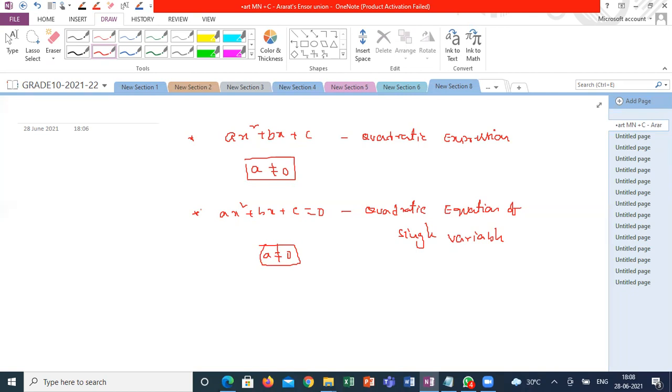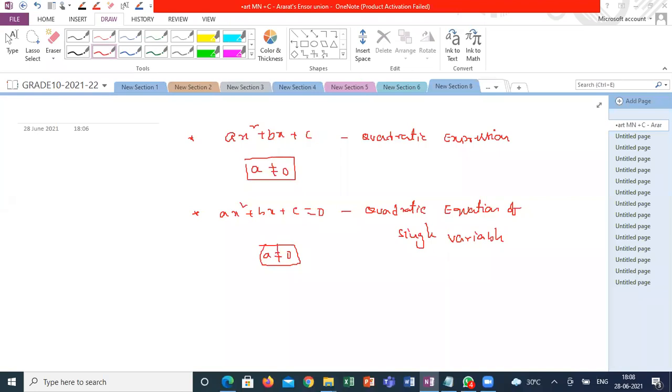Does anyone have any experience in physics or in some other places with the formation of quadratic equations in your plus 2, in grade 9 or grade 8? Has anyone faced these equations, or where solving this equation is the only way to get the answer? Guys, in mensuration, you never faced this kind of equation to solve?